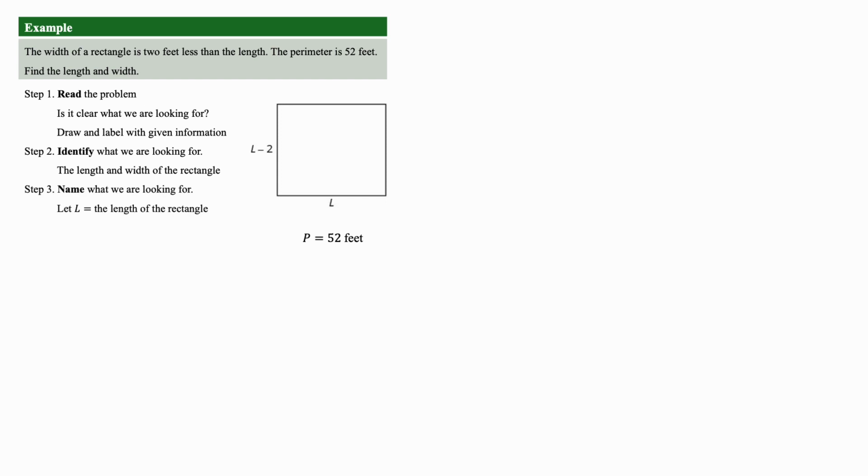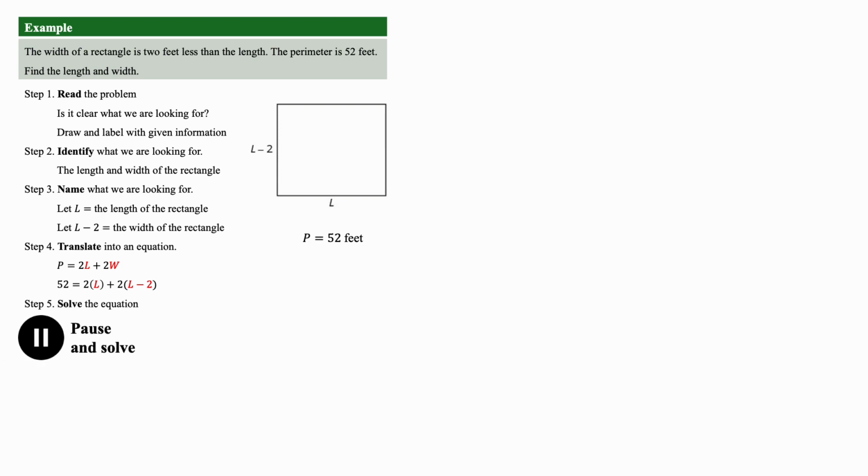So we're going to let L equal the length of the rectangle, and L minus 2 equal the width of the rectangle. We're going to translate this into an equation using our formula P equals 2L plus 2W, and by substituting in the given values of what we know, which is 52 equals 2L plus 2 times L minus 2. We're going to solve the equation,